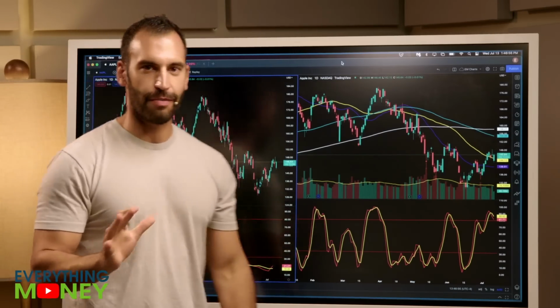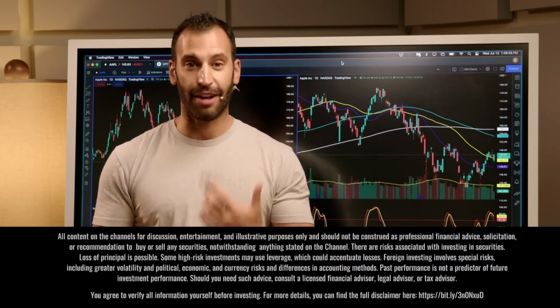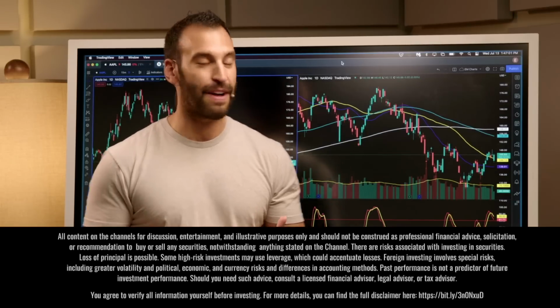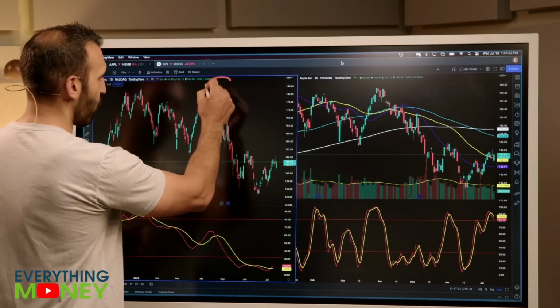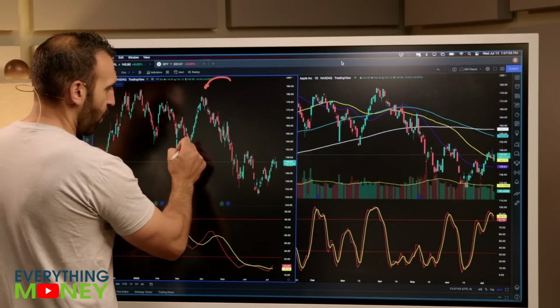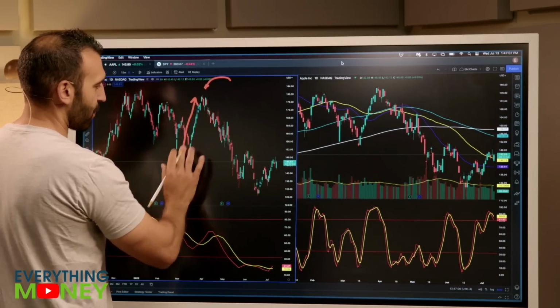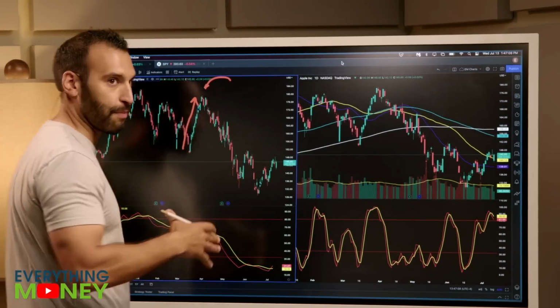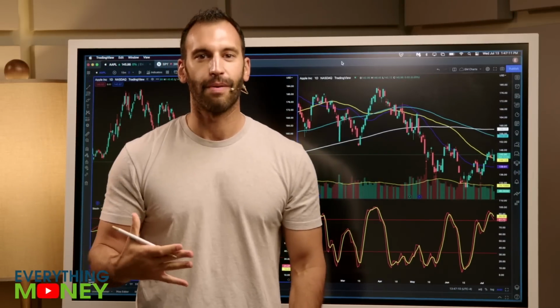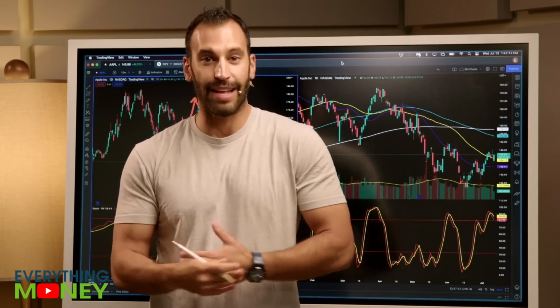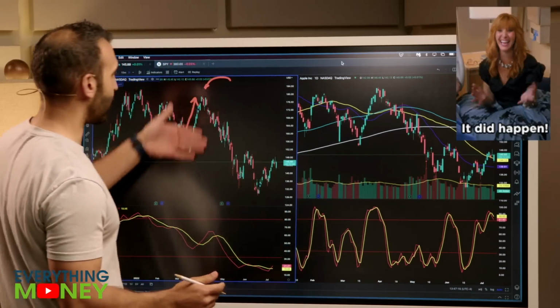This was one of the most incredible runs, and I remember this specifically because I had covered calls on Apple at $175, and I was getting a little worried when it went about 12 or 13 days in a row of positive price action. The stock went up 13 days in a row. If that doesn't make any sense, or that doesn't scream, hey, this thing's going to come right back down, I don't know what does. But it did happen.